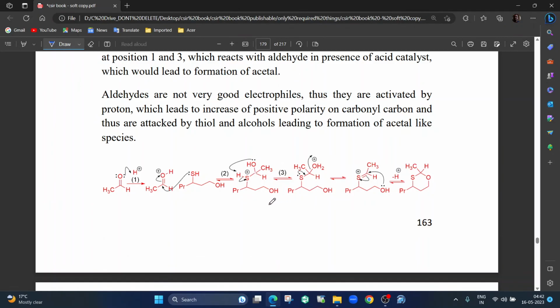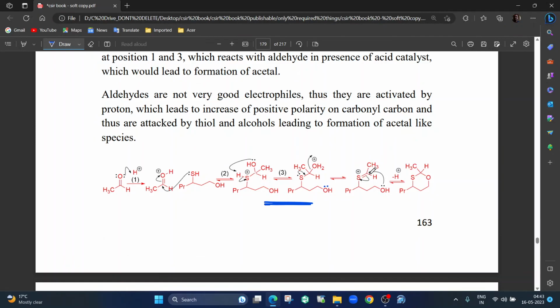Now this is what is very important. Acetal formation is never an SN2 reaction. All the steps are SN1 reactions, and they are reversible in nature. Now we could have thought that this oxygen goes and attacks here, and this leaves. That would have been an SN2 reaction. SN2 reaction is never seen in acetal formation. What is seen is sulfur goes and attacks here, and this gets out, and you get, it's not exactly a carbocation,